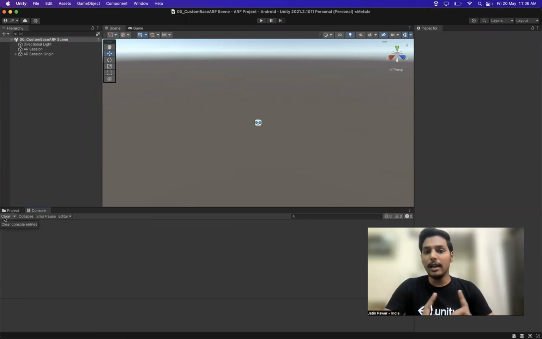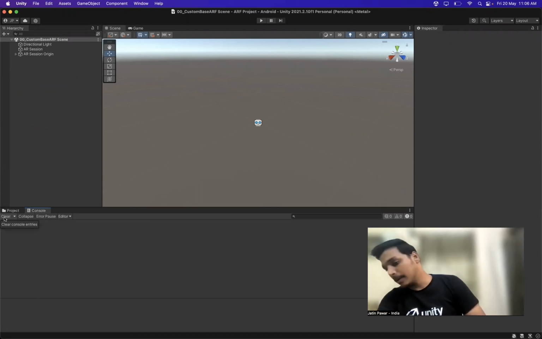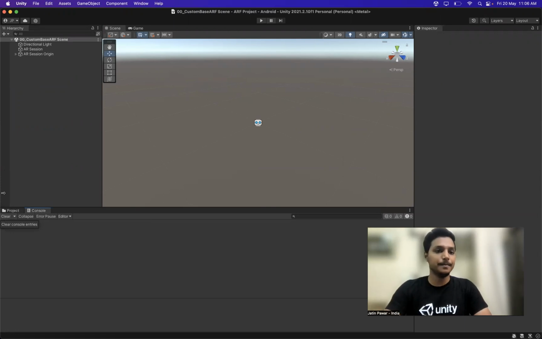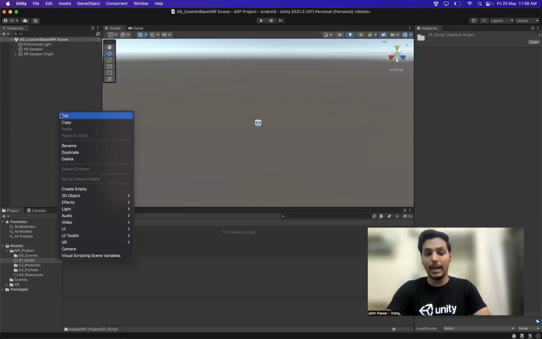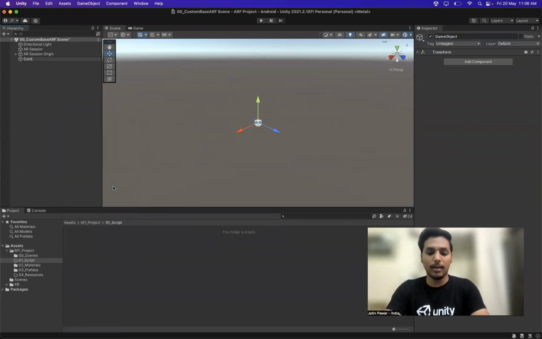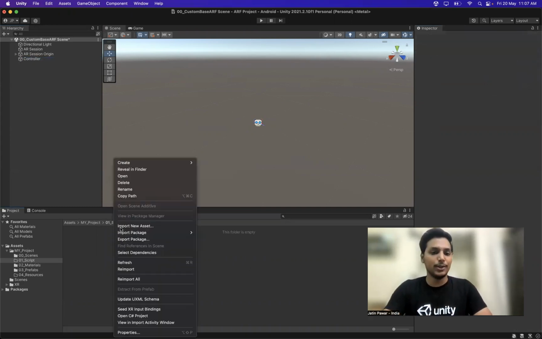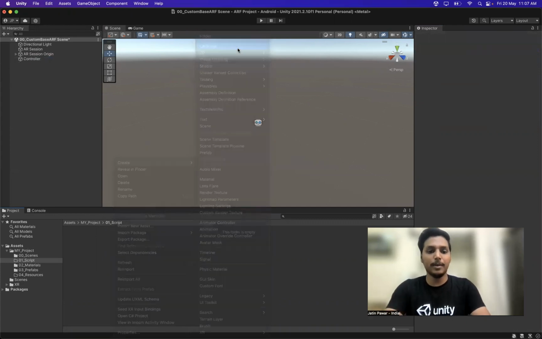But now our aim was not just to detect planes. Our aim was to be able to click on those planes and place an AR object or anything like that, okay? Let me plug in my charger. Yeah. So now for that, first of all, we would have to create a new script. Why? Because we need to do something at runtime, and for that we need a script. And as always, we'll create a controller object. We'll reset its position, so it doesn't matter, but still I like to do that. Create a script,